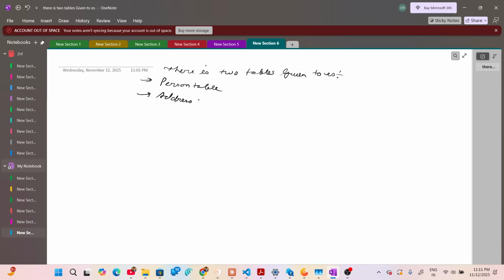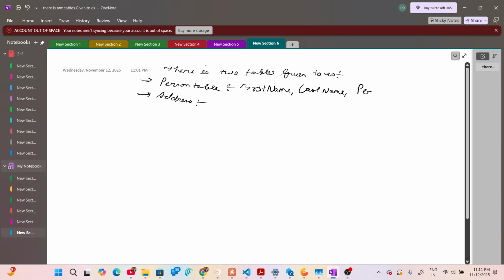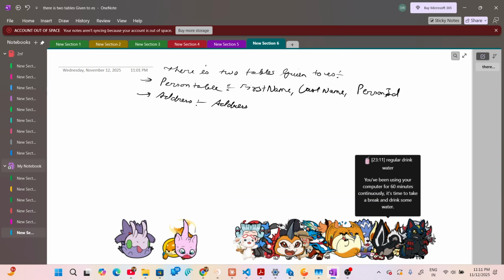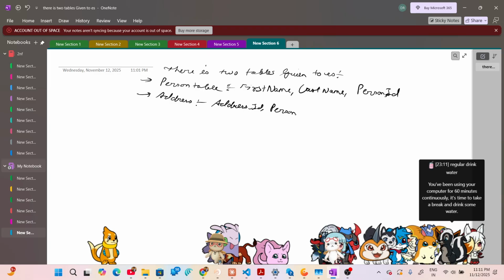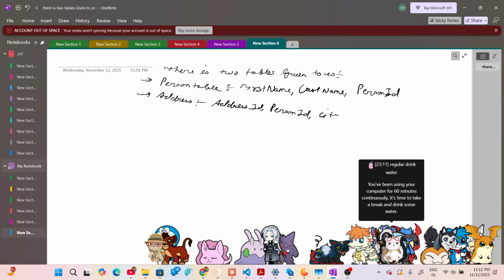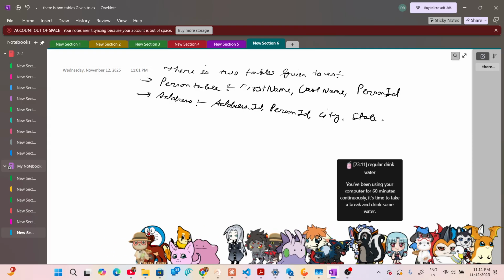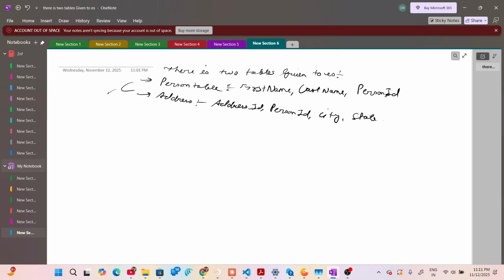The Person table contains the columns first name, last name, and person ID. The Address table contains address ID, person ID, city and state,